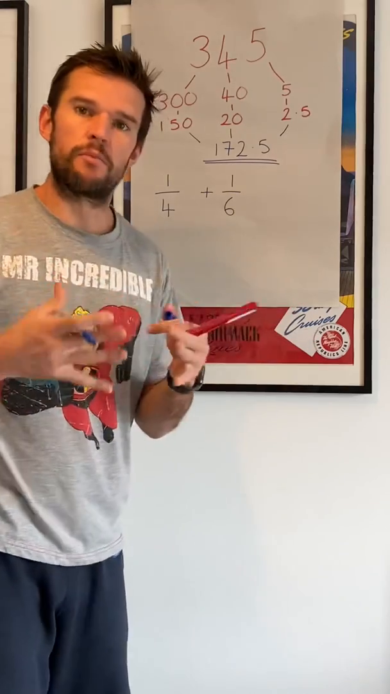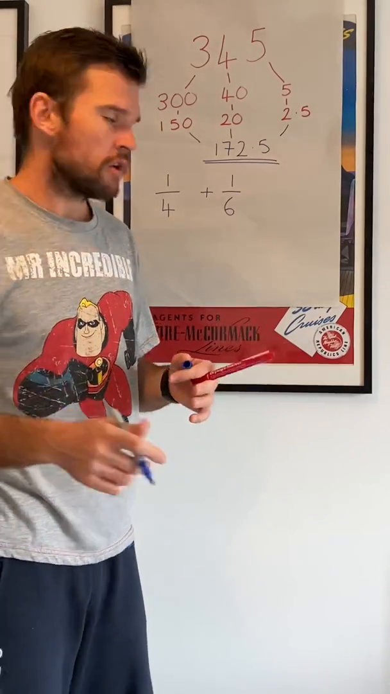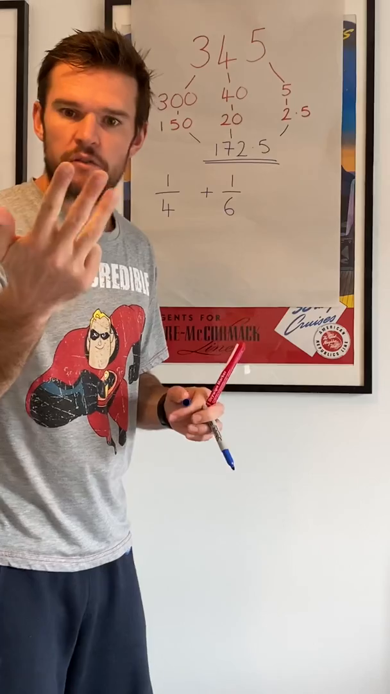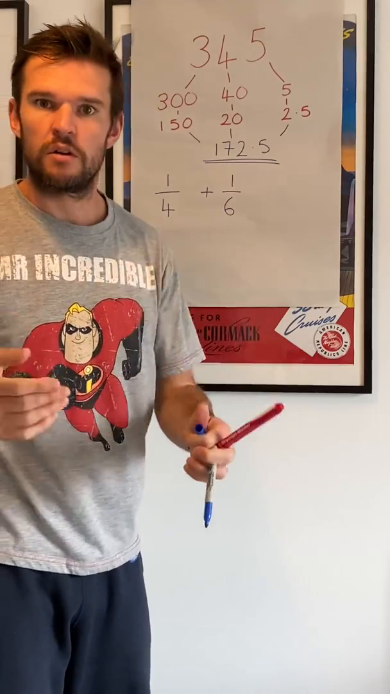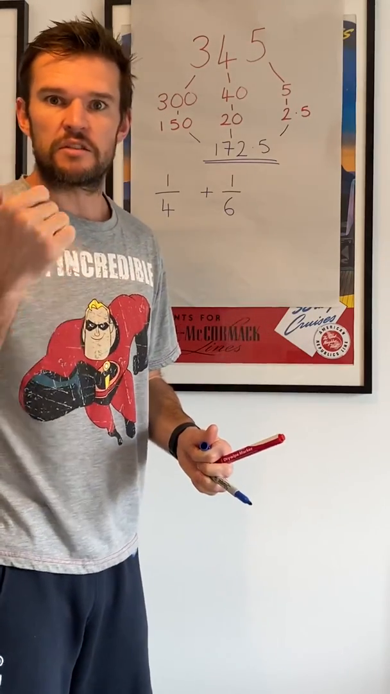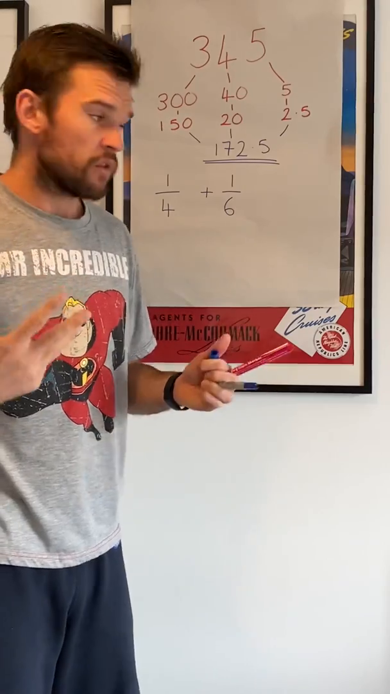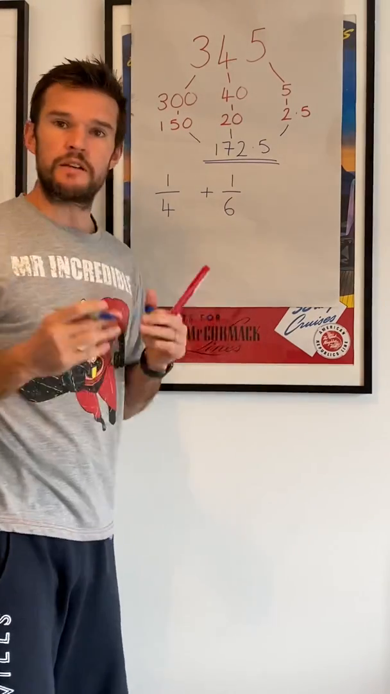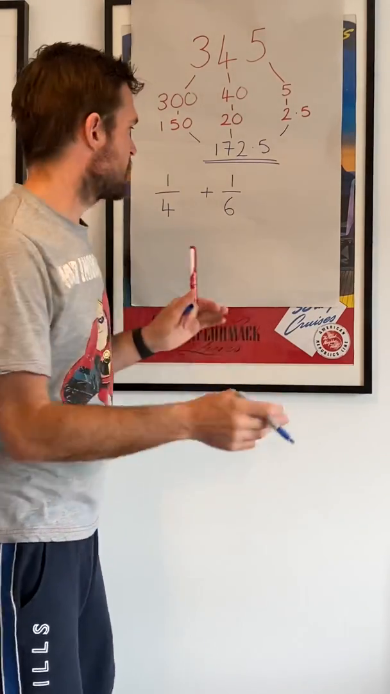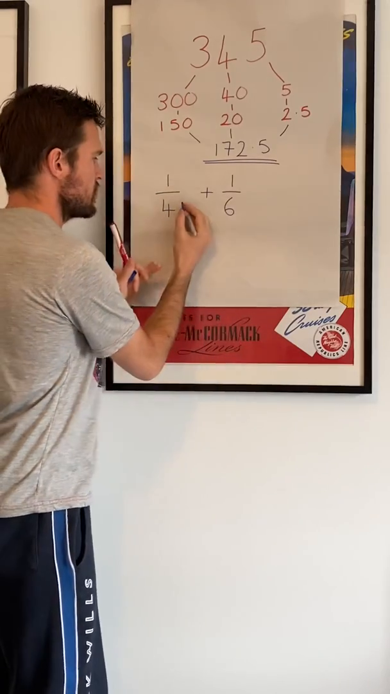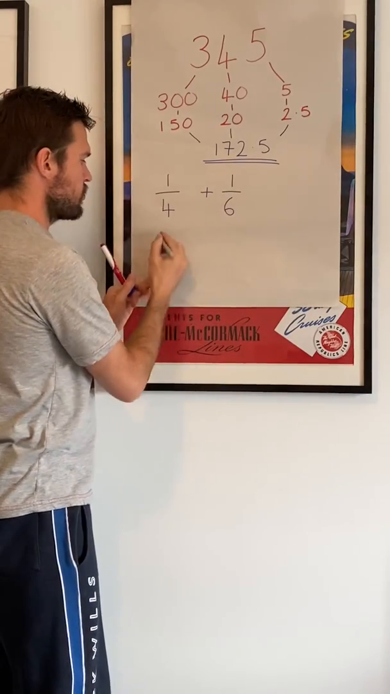So I think about my multiples, my 4 and 6 times tables, which number appears first in both. So I think 4, 8, 12, 16, 20, 24. 6 times table: 6, 12, 18, 24. So I know 12 is the first number that appears. So I'm going to change this. Now 1/4